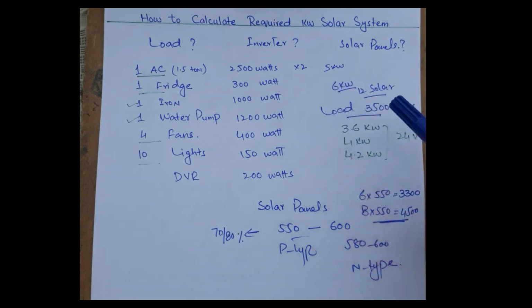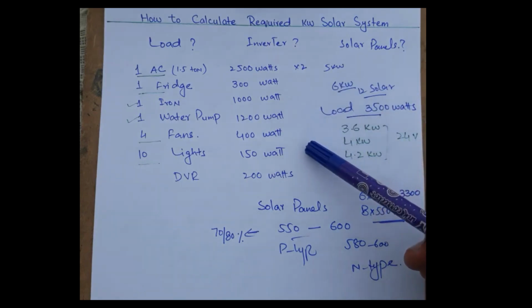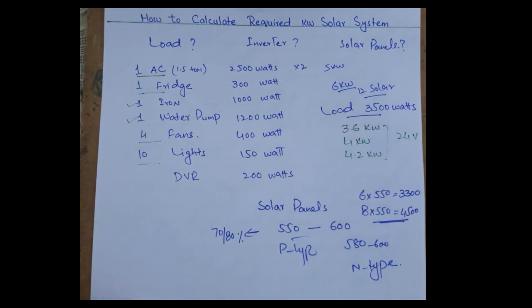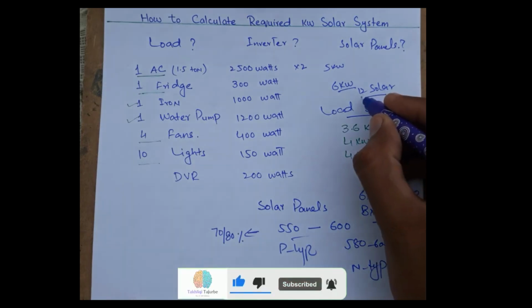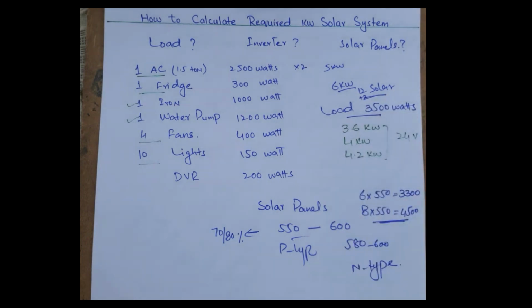Once the load is calculated, the next step is selecting the solar inverter. The inverter converts the DC electricity produced by solar panels into AC electricity that can be used to power household appliances. Based on the calculated load, 3,500 watts, the narrator suggests a 3.6 kW inverter. The inverter size should always be slightly larger than the peak load to account for any fluctuations in usage. Therefore, inverters of 3.6 kW, 4 kW,